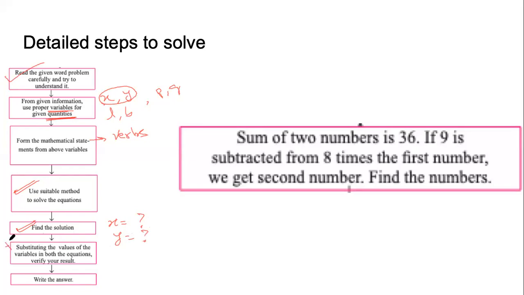A step that we should do, not required in the fair but required in the rough, is check, verify. And finally, when we are sure, when we are confident that our answer is correct, we will write the answer in English. That means in this step, we will move from variables to quantities. So if X and Y were ages, here we will write age of Sarthak is, age of Sakshi is. This is how we'll write.